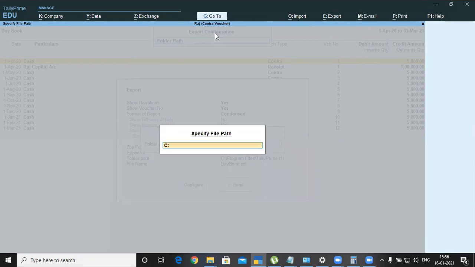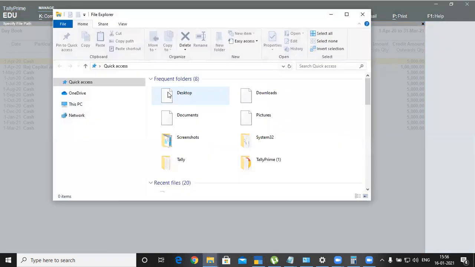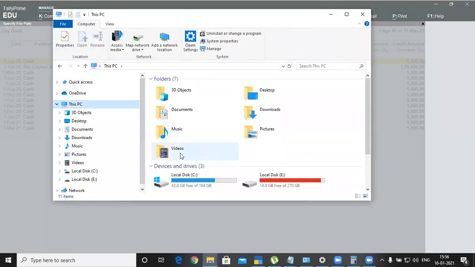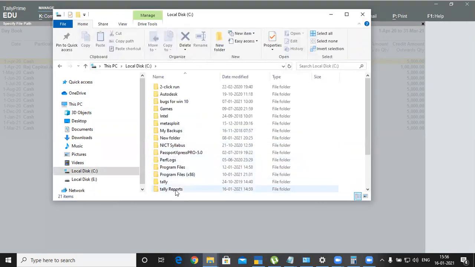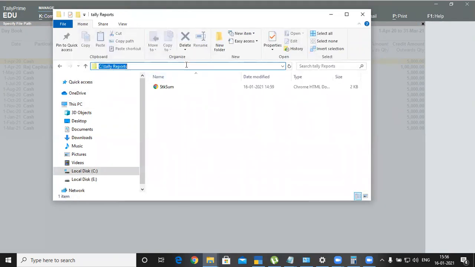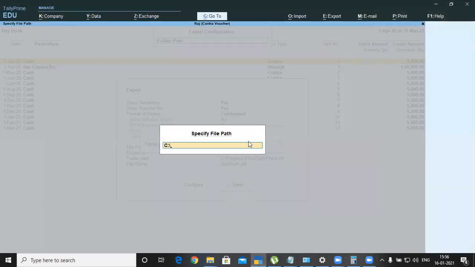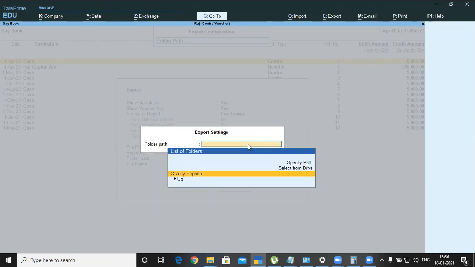C colon slash, the one which I used last time for the reports, tally reports. Just copy this and paste it in this area. Press enter key.